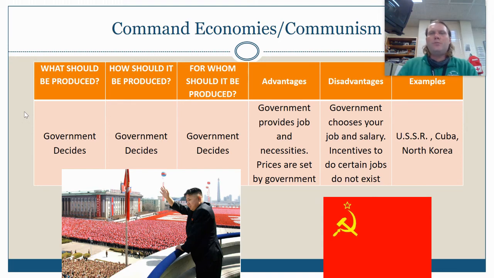And that king's going to have a few people basically tell other people what to do. And then those people are going to own the land and make sure, in the case of medieval times in Europe, the feudal system, that the peasants work the land. Okay. And so we have this new kind of system where we have all these resources we've got to produce. How are we going to do it? Well, the government's going to make those decisions. All right. And most commonly, we referred to this as communism.